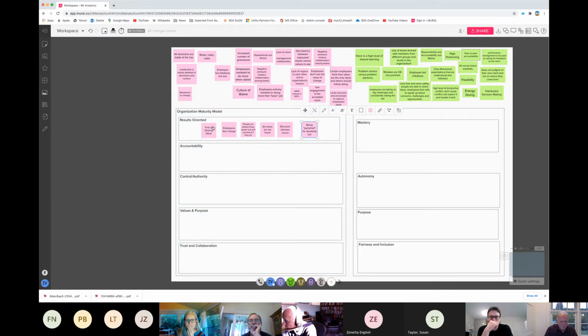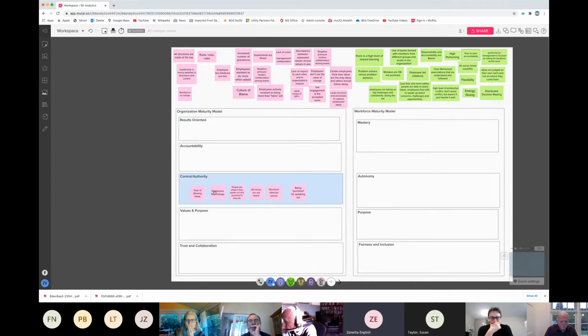So you could take all of these things and say, well, maybe they have to do with control and authority because it's all top down. These are the things that came from those sessions, from the chats. So maybe departments are siloed. Maybe that's a reflection of the top-down mentality,